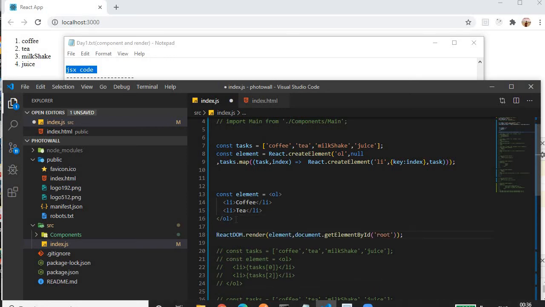If you see, using JSX we don't have to write React.createElement. We can write the tag directly, and within the tag we can nest other tags. So we have an OL element, and within that we have two li elements nested within the OL tag. In this way we can nest different tags within the parent tag, and we don't have to use React.createElement every time.